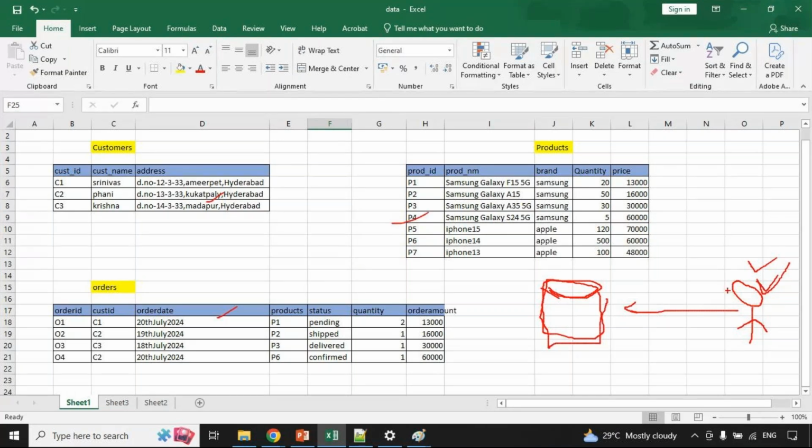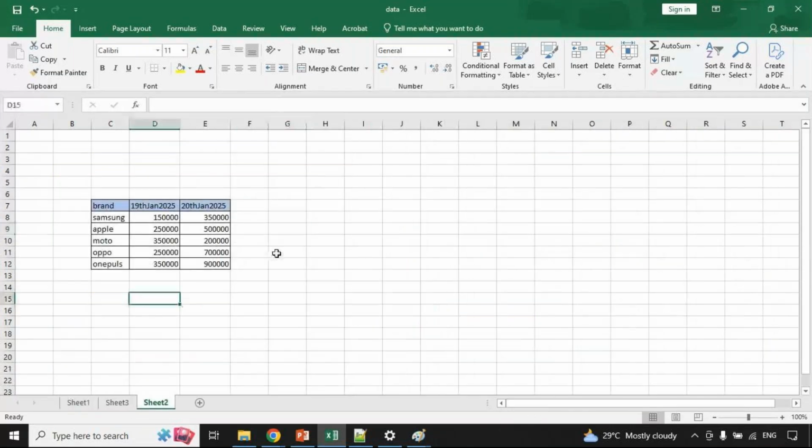If he interacts with these tables, he cannot understand anything. So the ultimate aim is that we have to provide the data to these business people. Consider here I have a report. So I am going to provide the data, and here he would like to see